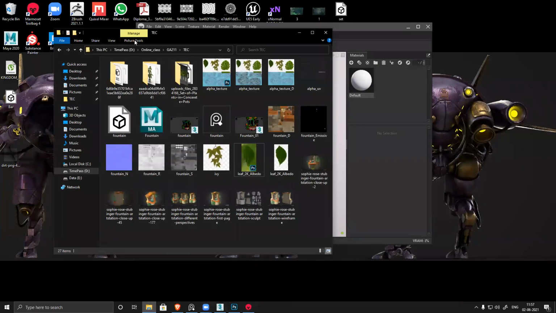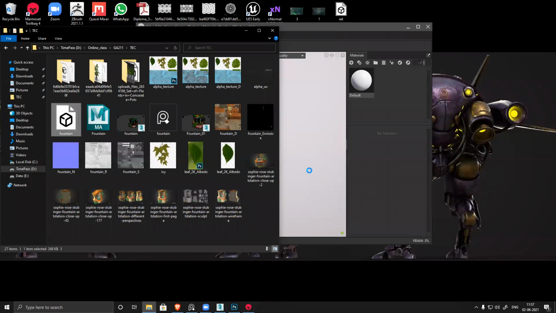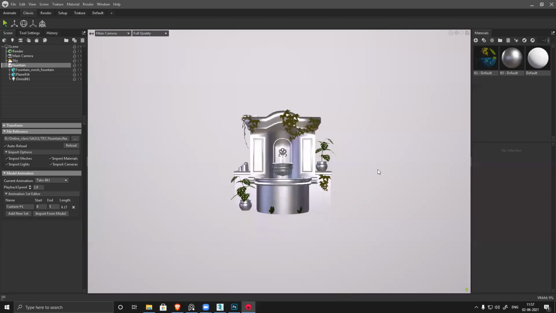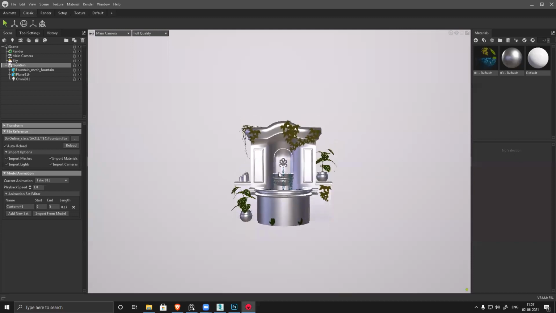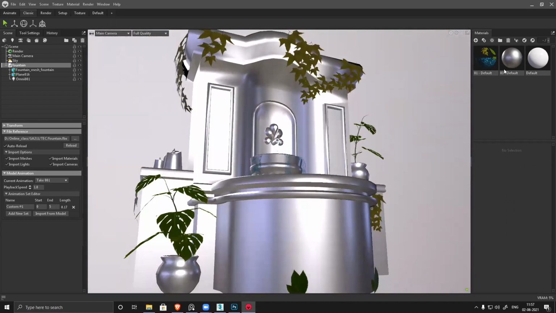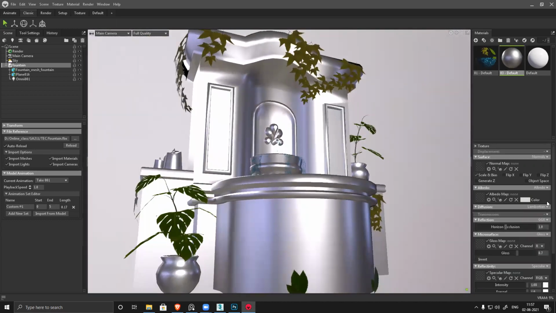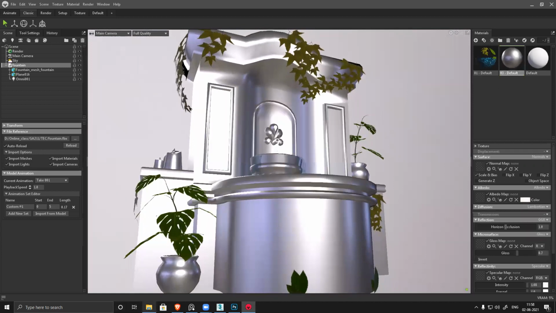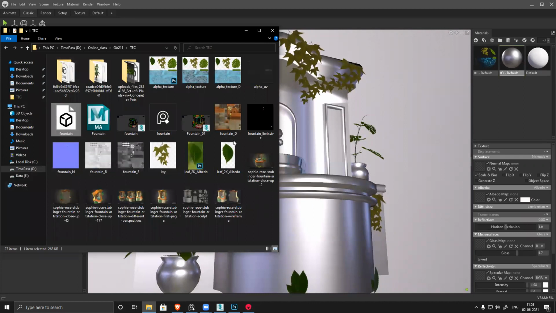This is your file. Drag and drop it here. Whatever is applied will automatically apply here also. For this, I haven't created any material, so you can see it's all matte. Here I need to apply all the colors. Make sure it's full white, and let's apply our texture. Diffuse to albedo color.